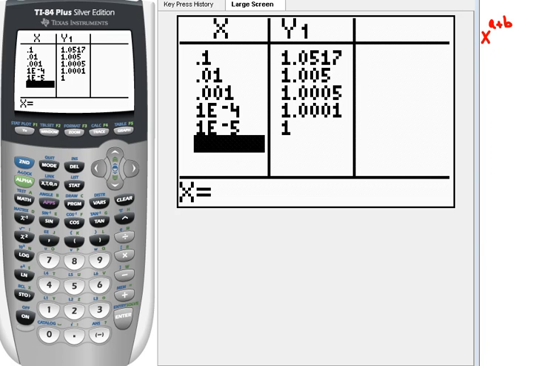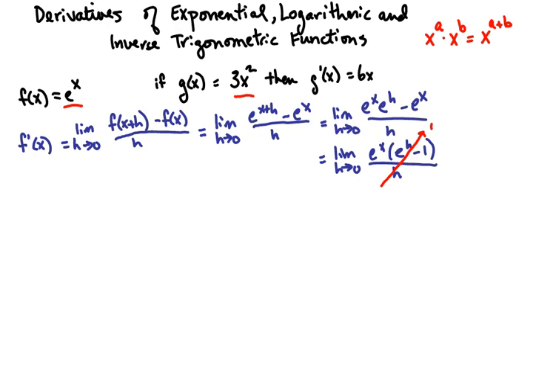And we'll go back to our work on the previous screen. Well, since we know that the limit as h approaches 0 of e to the h minus 1 over h is 1, then we're left with the fact that that limit is just e to the x. And this is our first